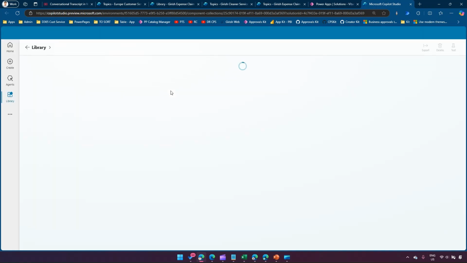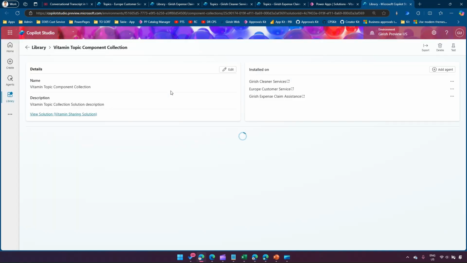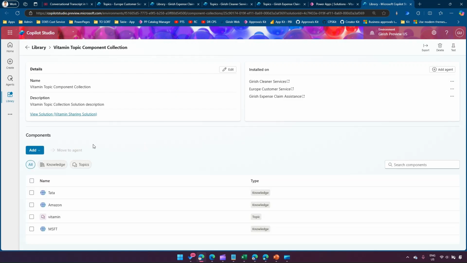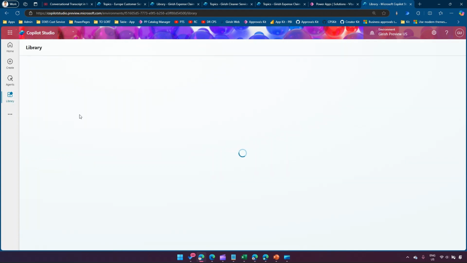and if I click on that particular item, it will again take me back to the Copilot Studio interface. And within that Copilot Studio interface, I should be able to see various component collection items like the topic, knowledge, actions. So as you see over here, these are the various topics which I have added within that component collection. So let me go back to the library